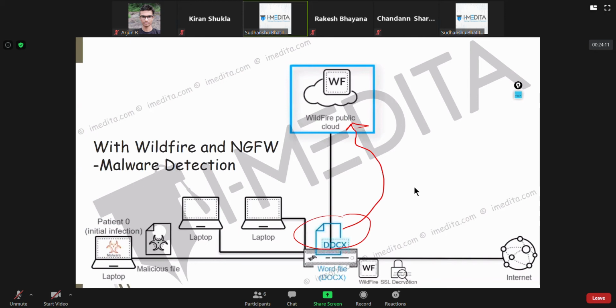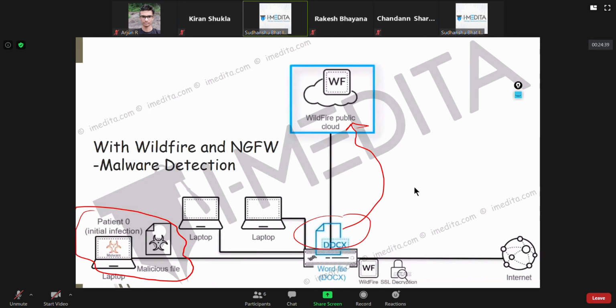Obviously, you cannot prevent the initial infection because this file was not found to be malicious by antivirus. It's found to be malicious once it runs in the public cloud environment. So you cannot prevent the initial infection with WildFire.